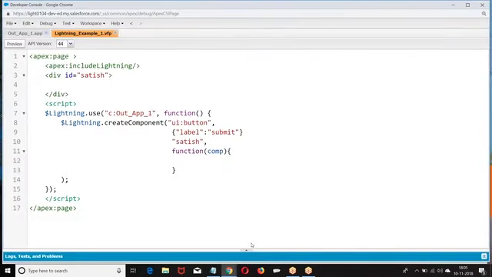Let me cross check. UI button, label, Satish, function. The function is closed, the component bracket is closed, the script is closed, and we have given include lightning. What was the bug here? Let me cross check the error. Let me copy paste the code.